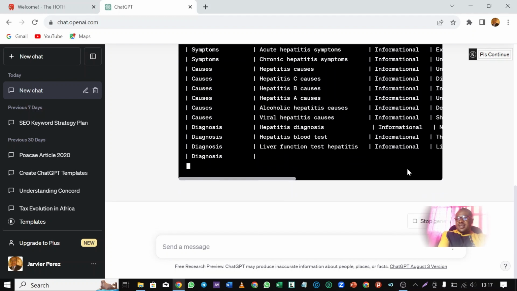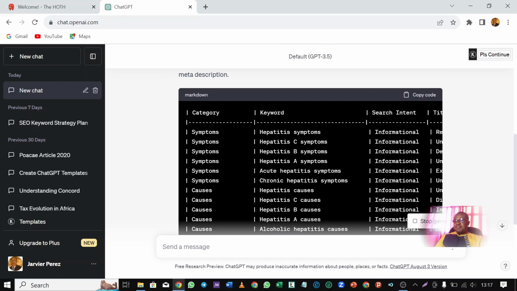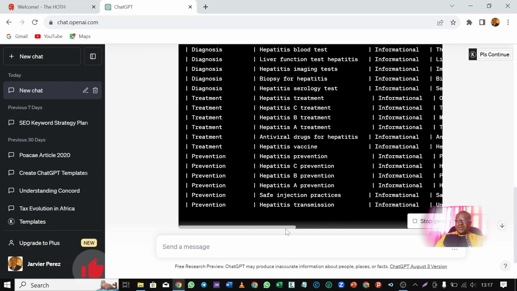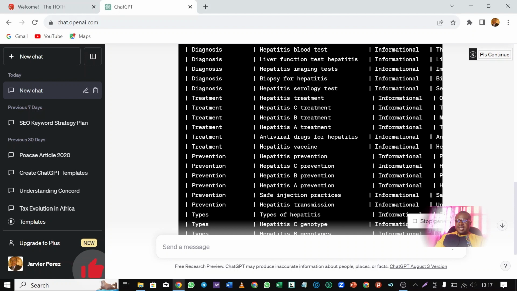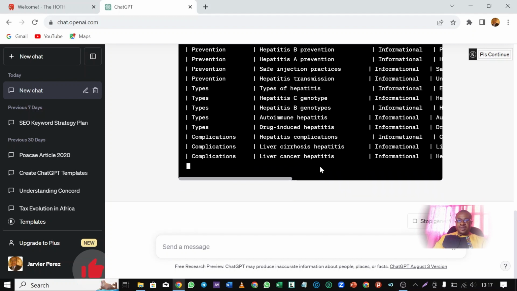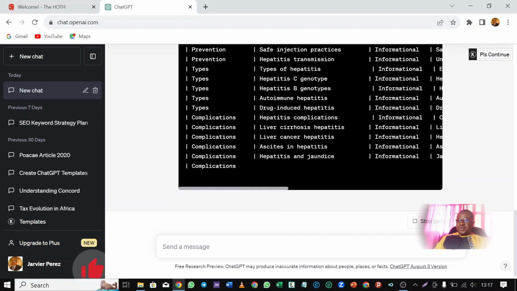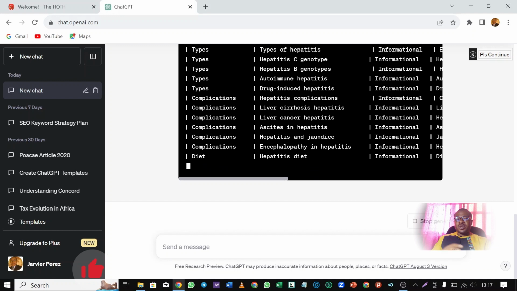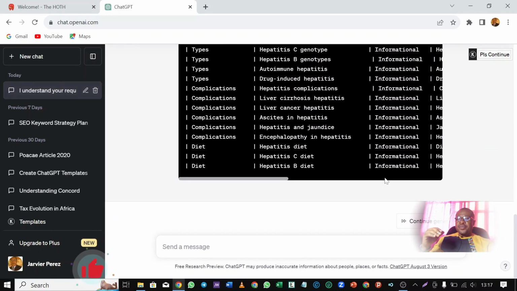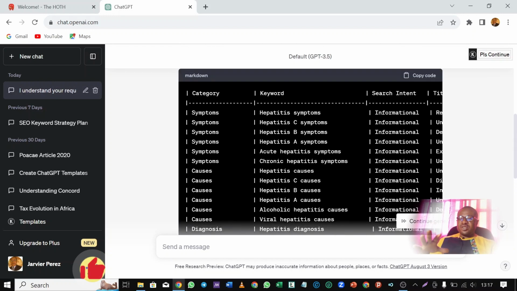So keywords are also being generated, and the type of search intent, that is your audience's search intent. And when you go down a little bit, let's scroll. Okay, let's allow it to finish generating. So GPT will give you tons of keywords for you to pick from and for you to write on. Okay, so they're all generating it. Okay, fine. So let's stop here.